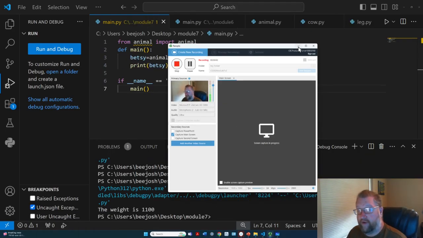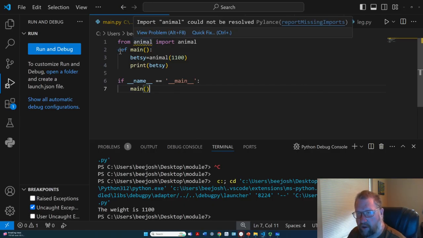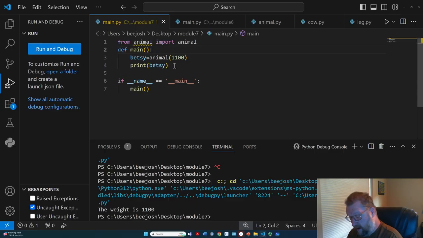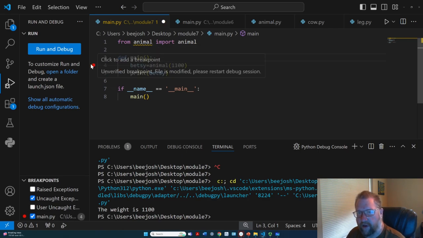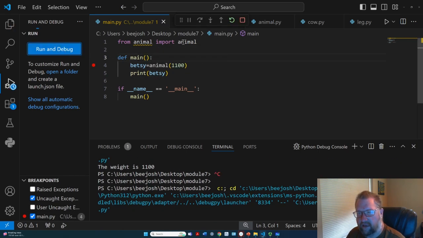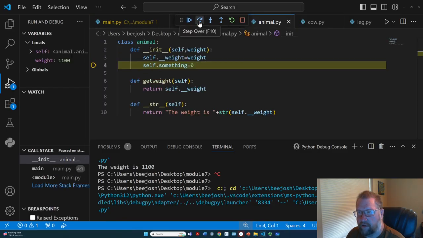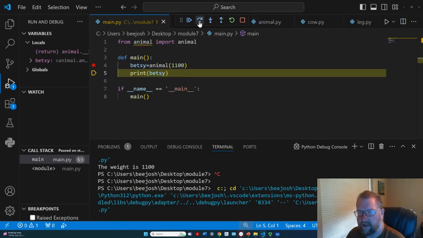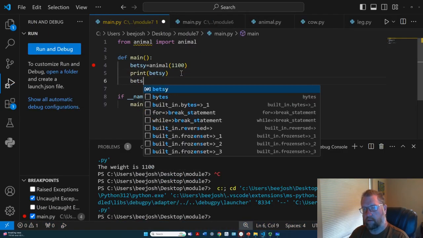Okay, we're back. So evidently there's nothing wrong. Well, it's got a warning here, so there might be a syntax issue in the object, but it's testing out fine. So we're going to move on and continue with testing Betsy. If I set a breakpoint here, run and debug this, and do a step into, I should see that we have access. Now I should be able to access different things with Betsy,